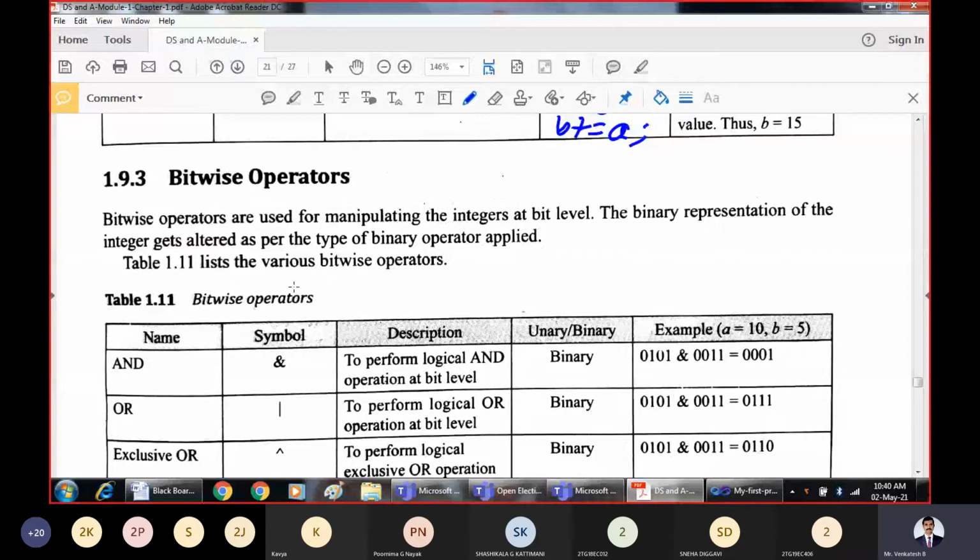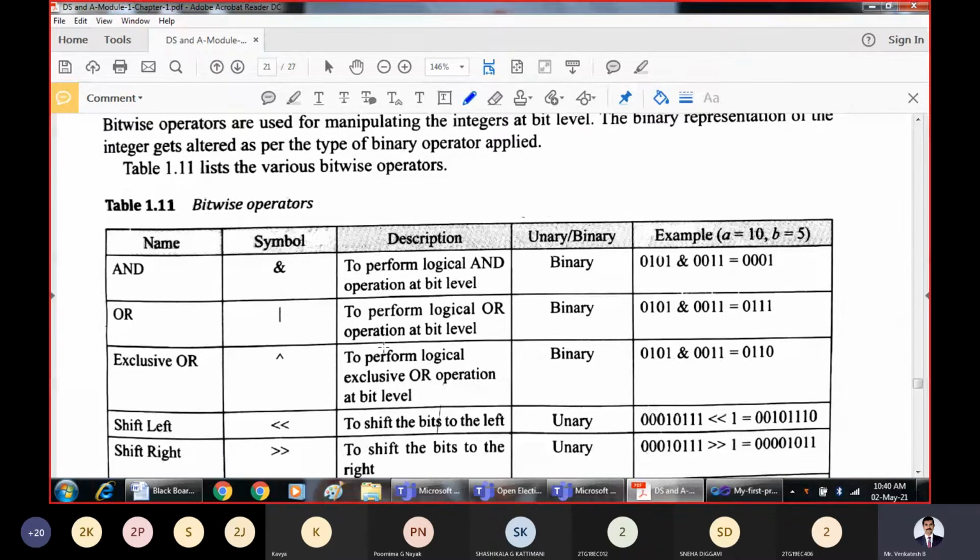Next, we have the set of bitwise operators. These bitwise operators operate on individual bits of the operand. That means the operands will be treated in their binary form. That is AND, OR, exclusive OR, left shift, right shift.